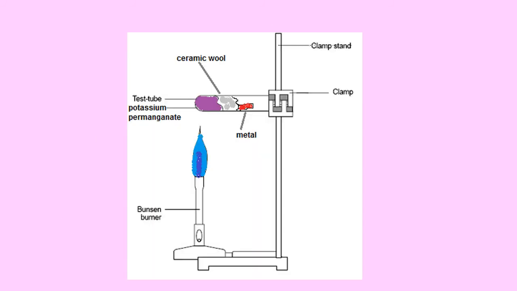If you want to produce pure oxygen, rather than just reacting metals with the oxygen in the air, remember the air is 20% oxygen, just slightly under 20%. If you want to produce pure oxygen, there is a way to do it. And the way to do it is to heat up a chemical called potassium permanganate. Now, permanganate contains 4 atoms of oxygen in it,